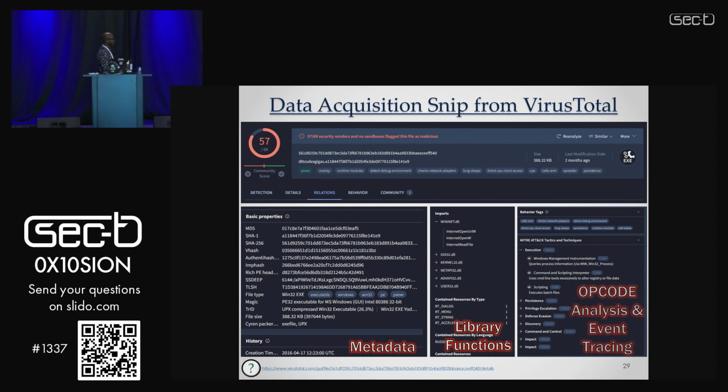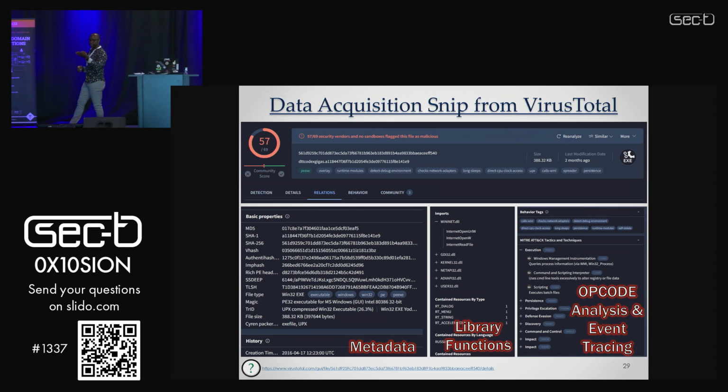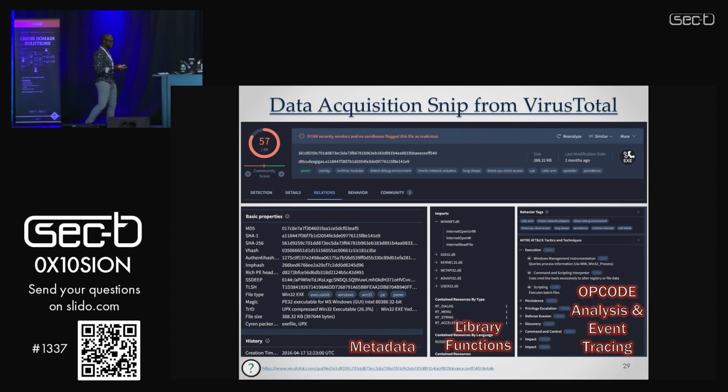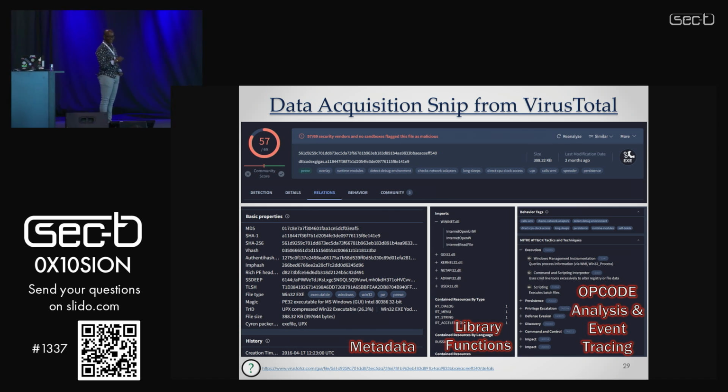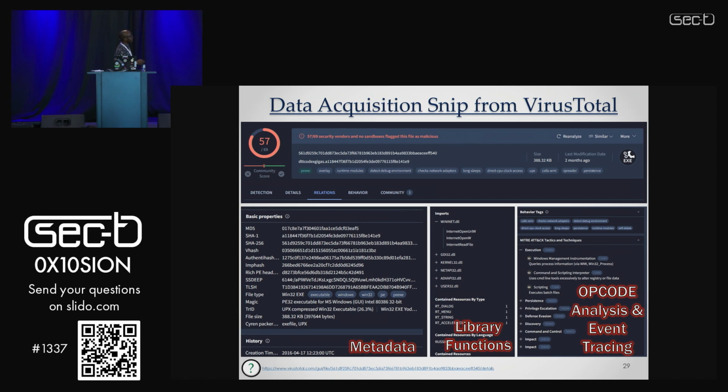Okay, now let's look into our feature acquisition. Show of hands, are we familiar with VirusTotal? Yeah, that's most of the room. Excellent. If you have used VirusTotal, here we have a sample that we've submitted to determine whether it is malicious. The first thing I always look at when I submit a sample is how red it is: the number of detections, given the number of antiviruses plugged into VirusTotal at that time. For this specific instance, I can't remember the type of binary I used, but 57 out of the 69 AV vendors said that sample is malicious. So we can pretty much conclude this sample is malicious.